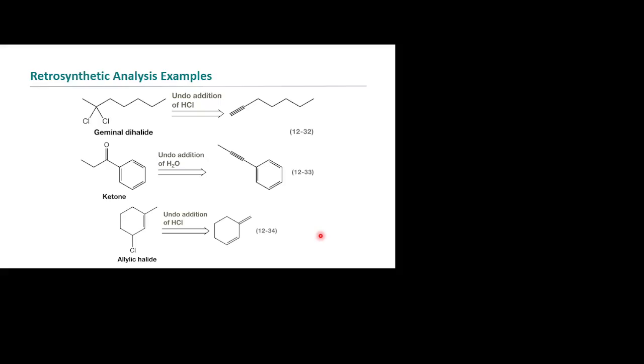Okay, this is the geminal dihalide. And so what would your reactant be? Well, we would undo the geminal halide. And remember, the hydrogen goes with the carbon with more hydrogens, right? So it's that side. And so our triple bond is over there. This is the ketone one right here. There's the ketone. And again, that has to have been the hydrogen, doesn't it? Okay. And so that right there is our triple bond.